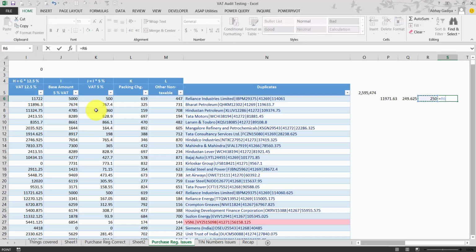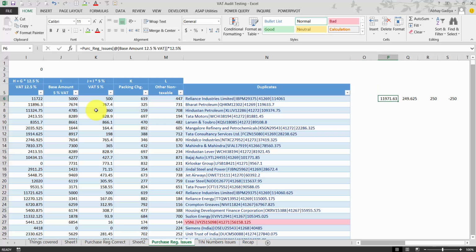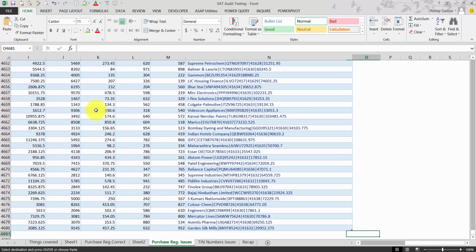And what is the VAT amount? You can see that this is something which is incorrectly posted over here. So I will just type 12.5% difference, 5%, and the same thing over here, difference. Let us keep it bold and now copy this entire formula